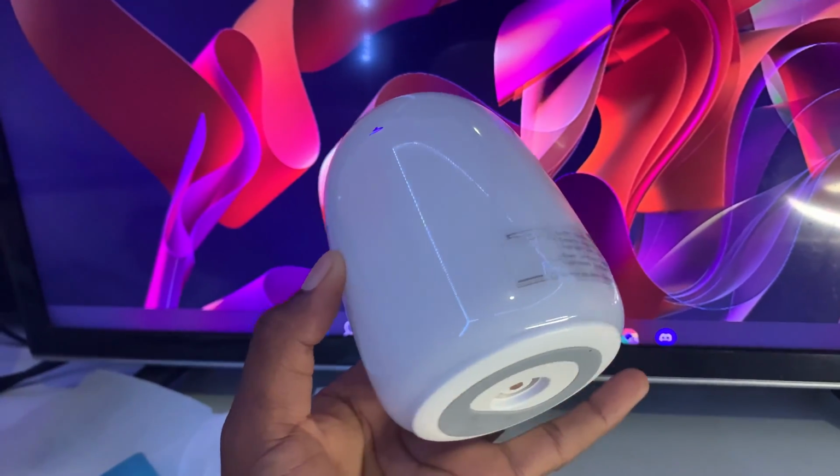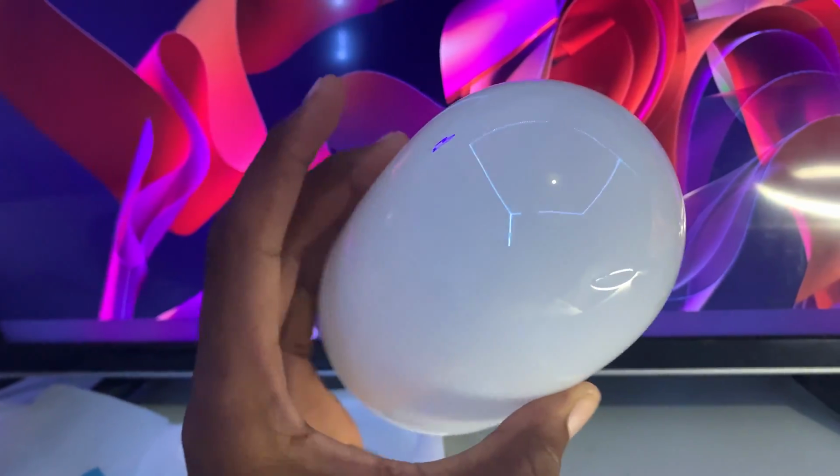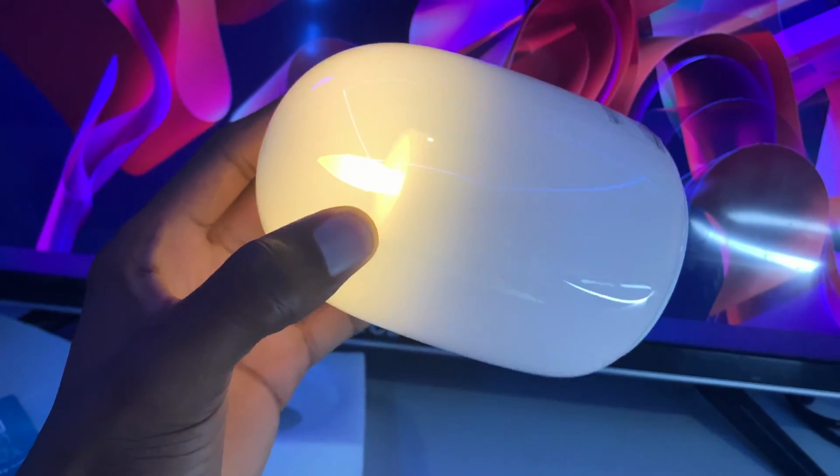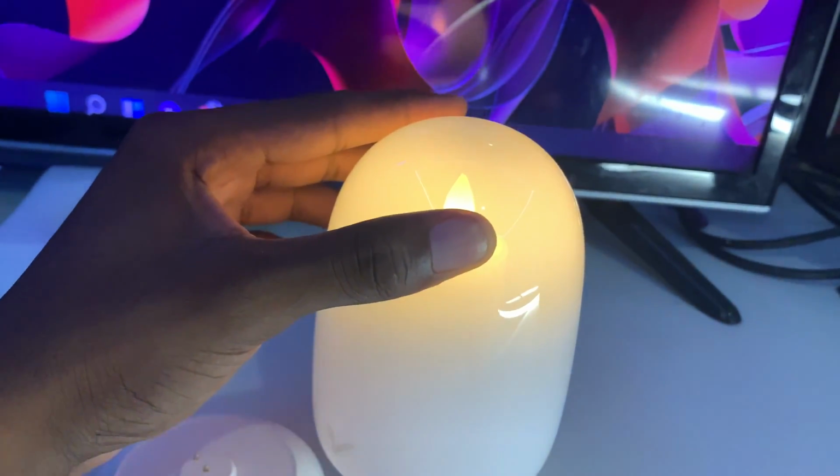So guys, I like the design of this. It feels pretty neat. I like how neat this is, and I have the VEYFIY logo right there. And as you guys can see, when I'm touching this, it turns on. And another thing that I want to show you guys about this right here,